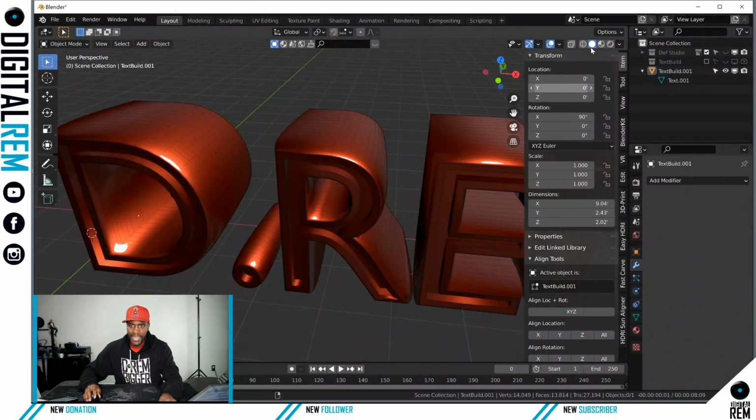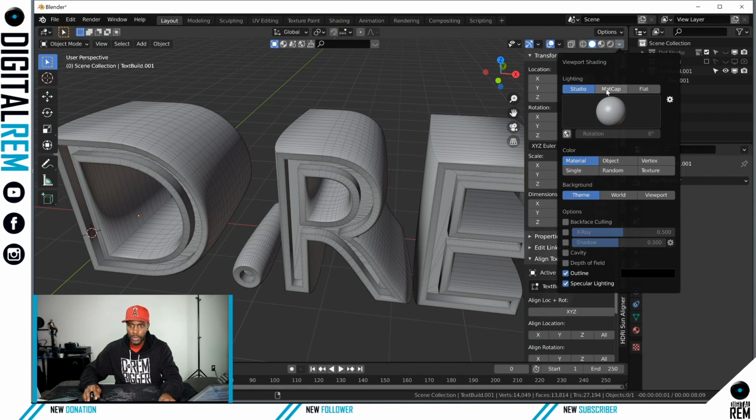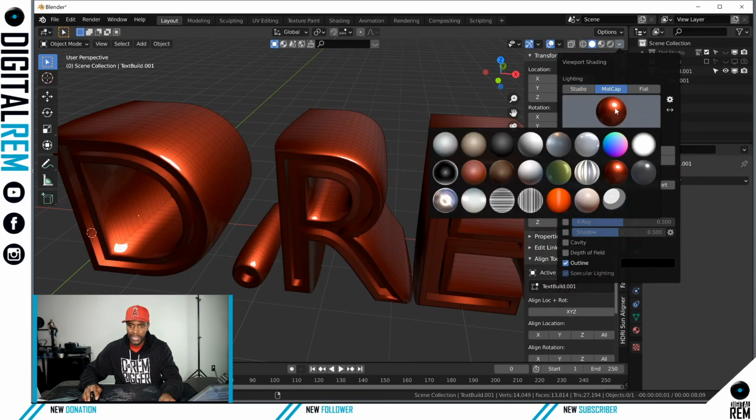So how I got to that is go up here at the top. If you go to the viewport shading, go ahead and select that, and then once you select that, you can hit shading, and then you were probably in studio, you can just hit matcap, and if you select the cylinder or the ball, circle, whatever you want to call it, you select that,